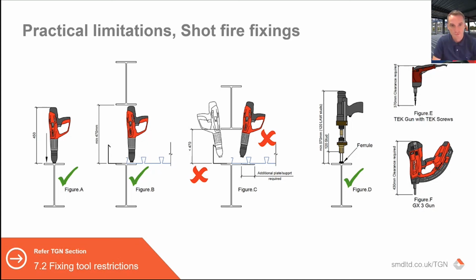So one key thing from a practical limitation is obstructions above, ensuring we can fix in place. So we talked about it when we were looking at angles drop down in the beams, but it also applies whether you've got an obstruction above. So you may have a step in level where you've got a beam over a beam, and you need minimum dimensions to safely fix the deck in place. Although we do have options where we could tech screw on a particular beam, so that would reduce your clearance required. But it's important to know this, and probably the most important one of all is the welding gun clearance,